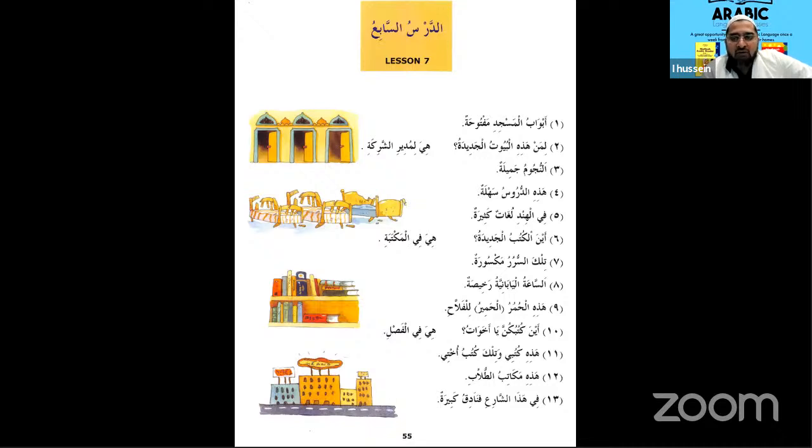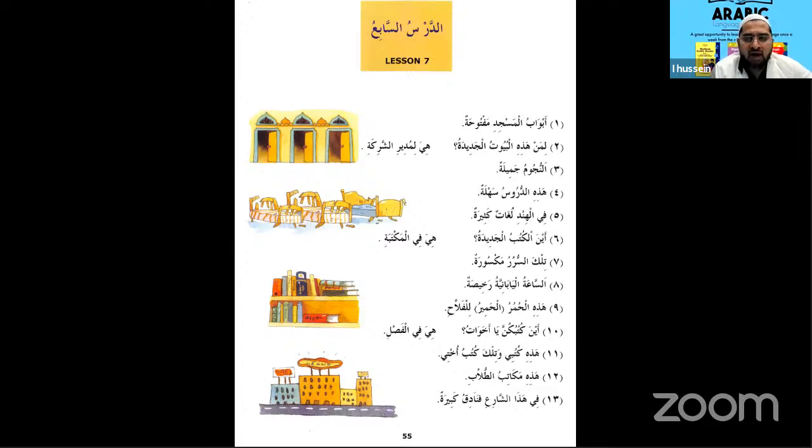Whenever the mudaf ilayh comes as a mubtada, as we did before, a mubtada, a subject, can be a noun with alif lam. We also did hada kitabun, this is a book. So we learned that hada, which is a demonstrative noun, can also come as a mubtada itself. And so the mudaf ilayh can come as a subject itself.